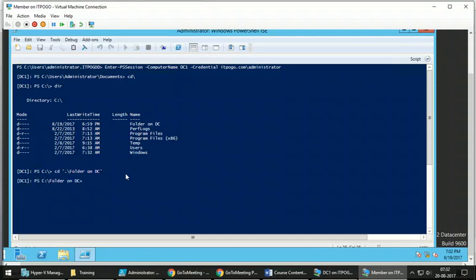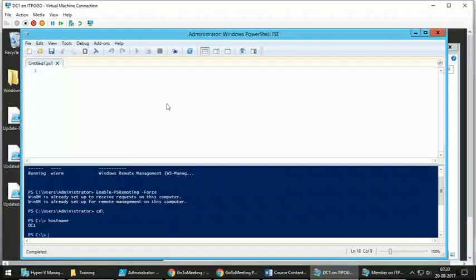So here, just create a test file here. This is a test, Out-File test.txt.